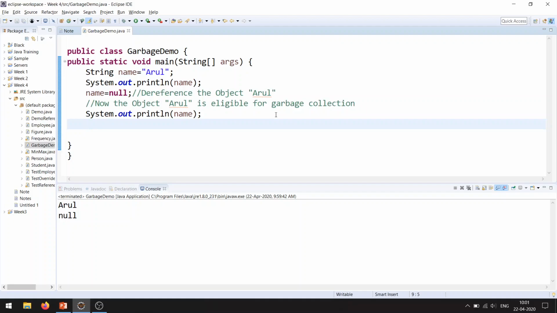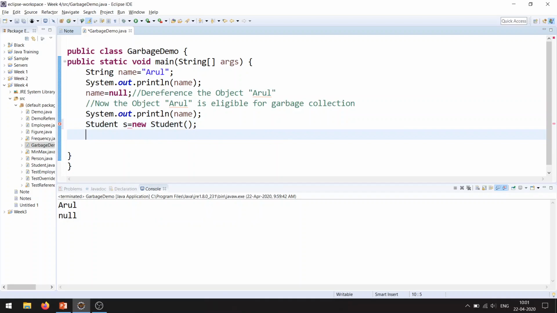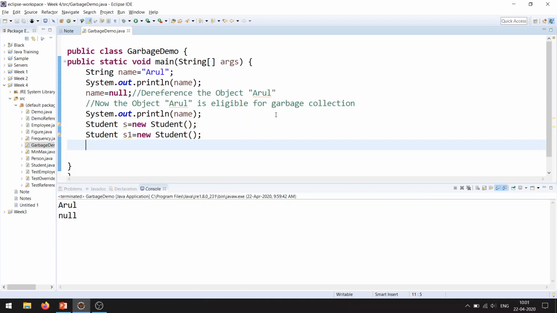Similarly, for example, I am going to create an object for the student. So I have created a student object, right? Now I am going to create one more object, s1 equal to new student. So here now we have created two student objects.